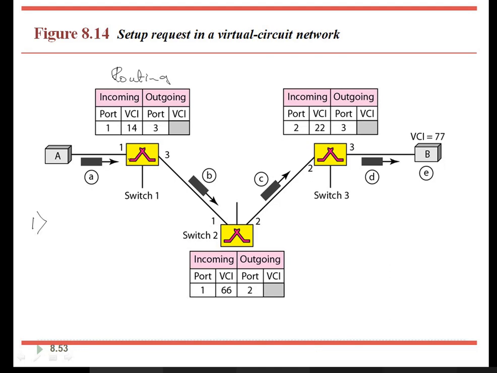Now it is the duty of the switch to update some information in its routing table. So now switch 1 knows that the frame is going from A to B, because it has the source and destination address. Based on that, the switch comes to know that the data moves from A to B and goes to port 3. The data is forwarded to port 3. That is decided by the switch to reach the destination.